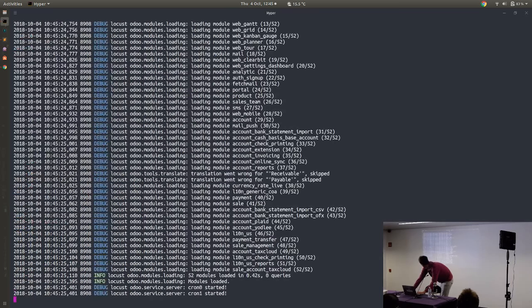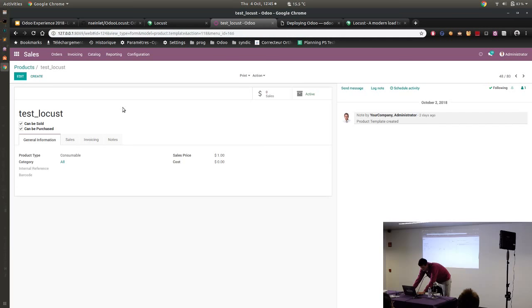So here I just add the option log level debug RPC answer, and in this case, in fact,